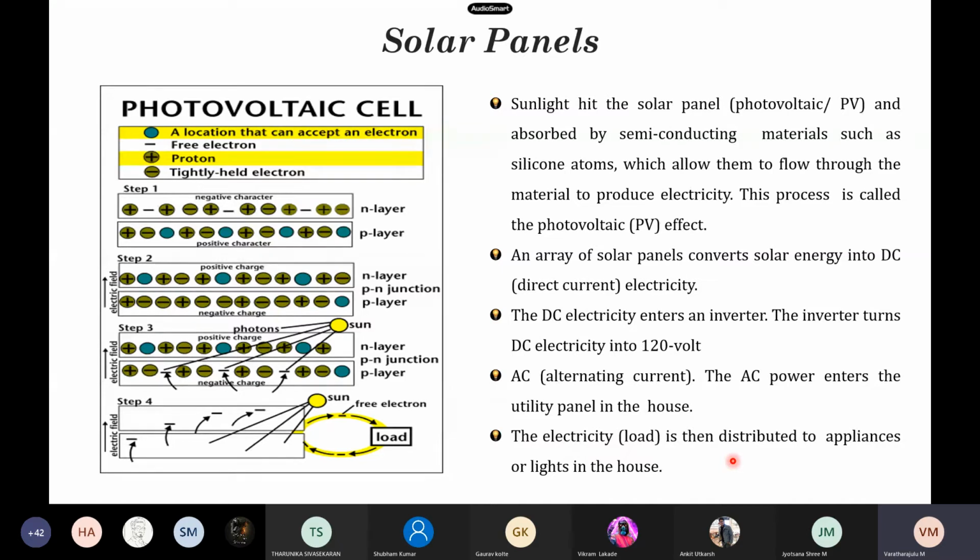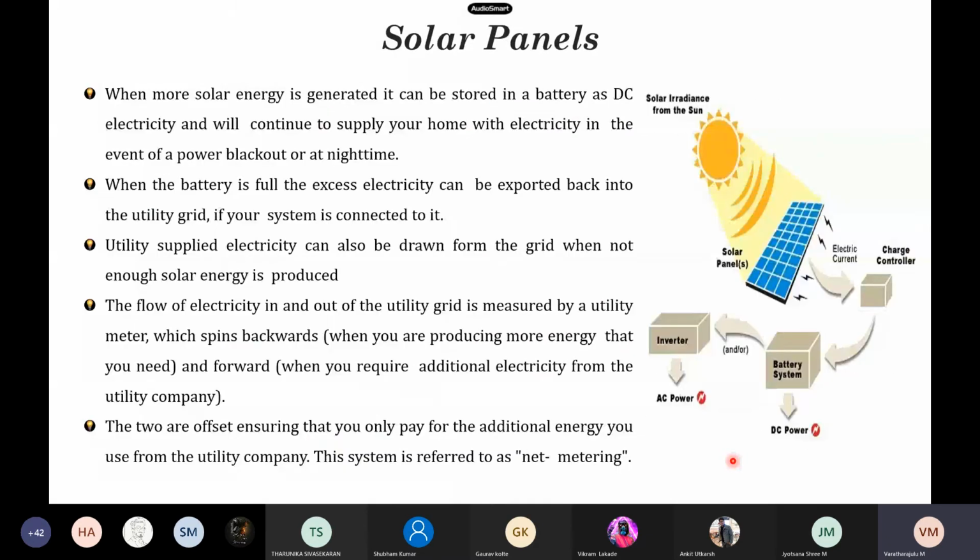As we see here, we are going to discuss net metering. See here, we are getting the power, and the power source is connected to the charge controller, and in the battery system we are getting the DC power, which may be converted into AC for our utilization. What happens when